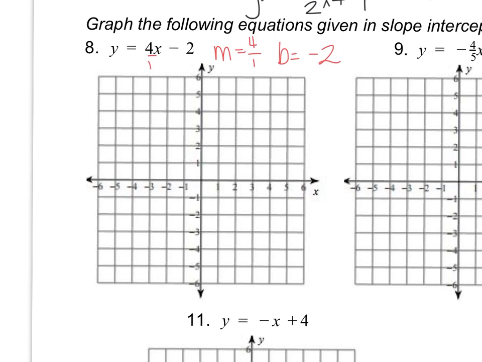In other words, is it positive or negative? It's going to go up. So on our graph, let's put a point at our y-intercept. Then you're going to go up 4